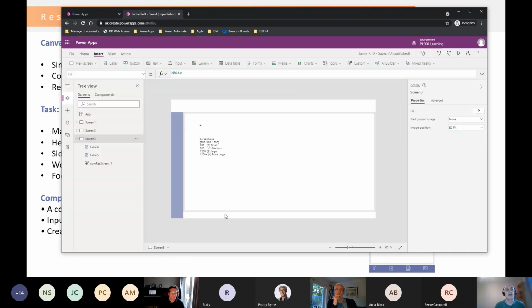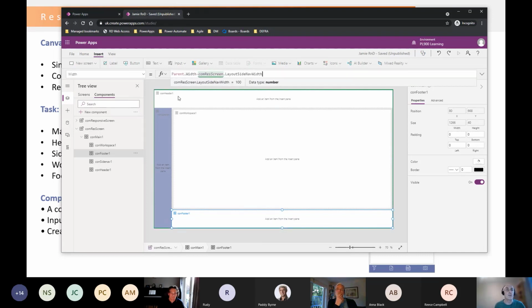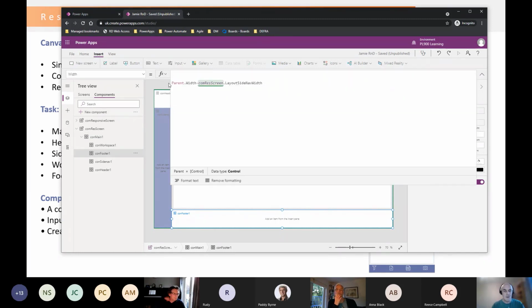So what I'm going to do is go back to the component. I'm going to select the width, and I'm going to do an if statement. I haven't prepared this one earlier. If